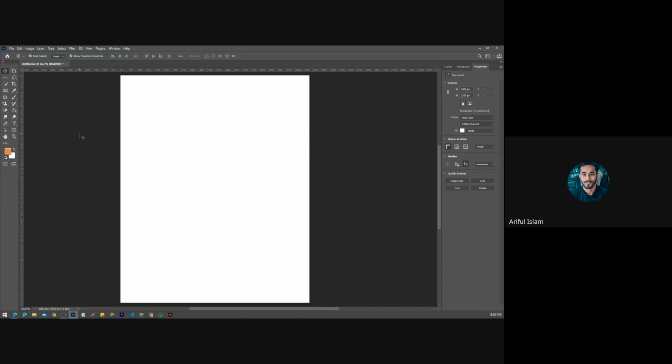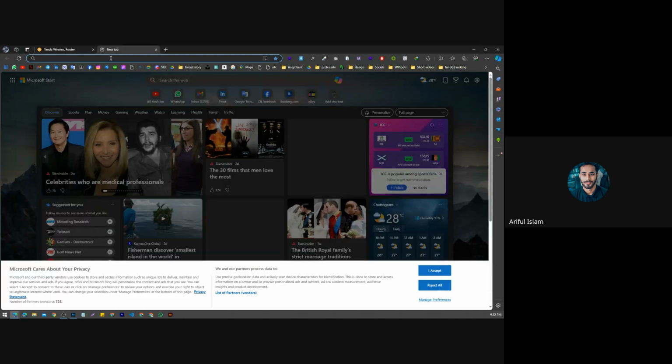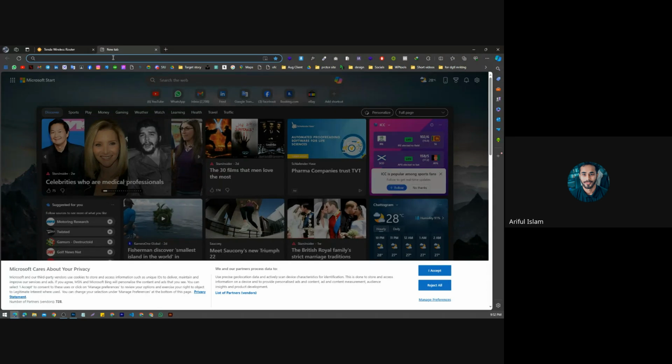Okay, so yeah, in this class we are going to cover all the tools, and from the next class we will start our project. We will create some poster and flyer. Okay, I'm trying to complete all the important tools. Okay, so if we check any poster design,